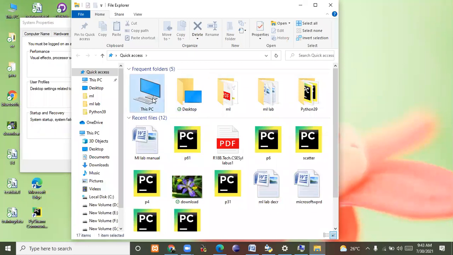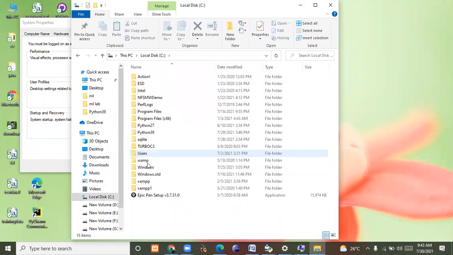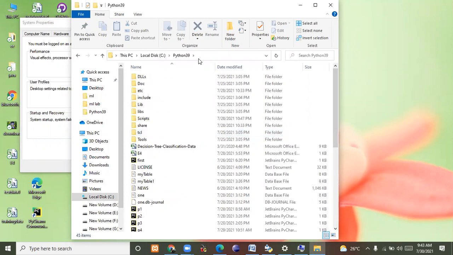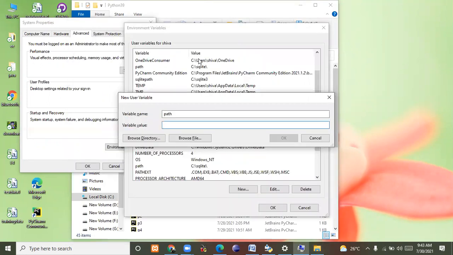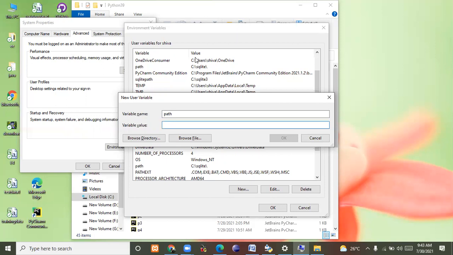I already installed it in C drive, Python 3.9. Just copy this and paste here.